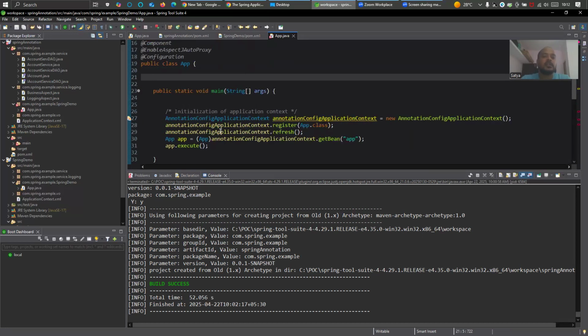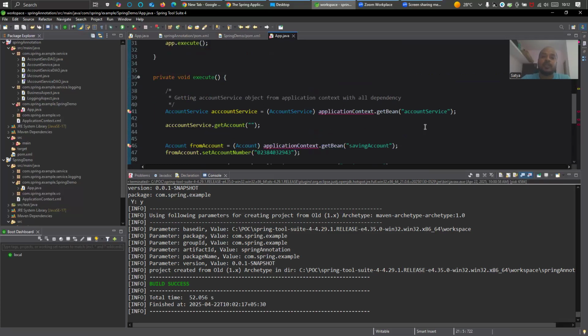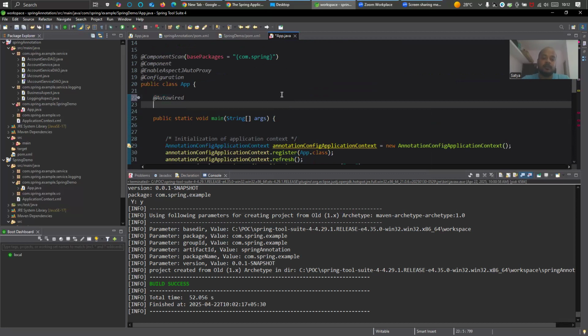Now see, for the app class we have done whatever was needed. Now if you come to the execute method, you will not be able to get the bean from this approach, application context dot getBean. How are you going to get the account service? So see, we'll do autowiring, like setter and getter. So we will create @Autowired, which will automatically wire it. Private